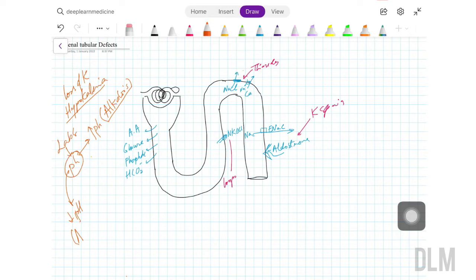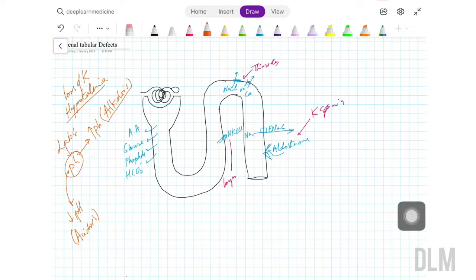What I'm trying to do here is create the similarities and differences so that when you come across a question in QBanks, you can easily recognize it. I'm going to talk about the names later on, after I create the entire paradigm. So you might be asking, why do these disorders